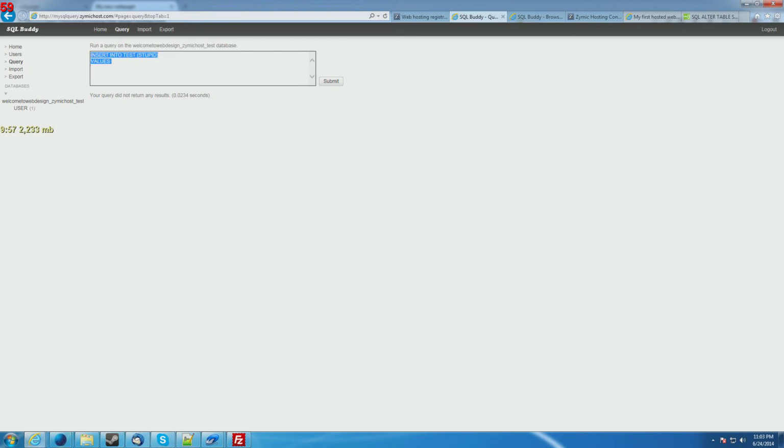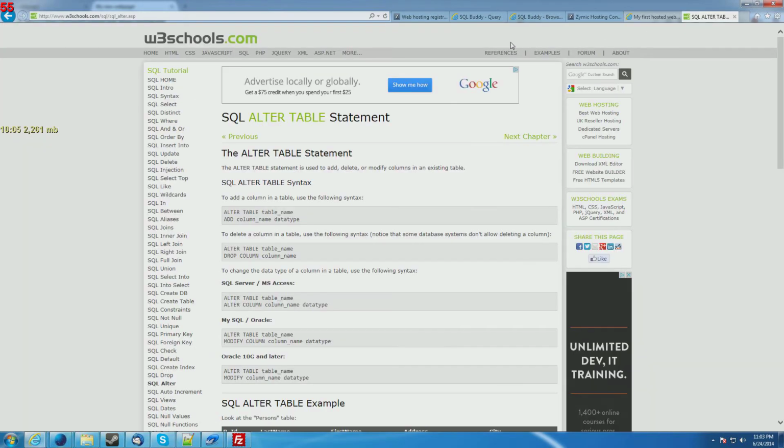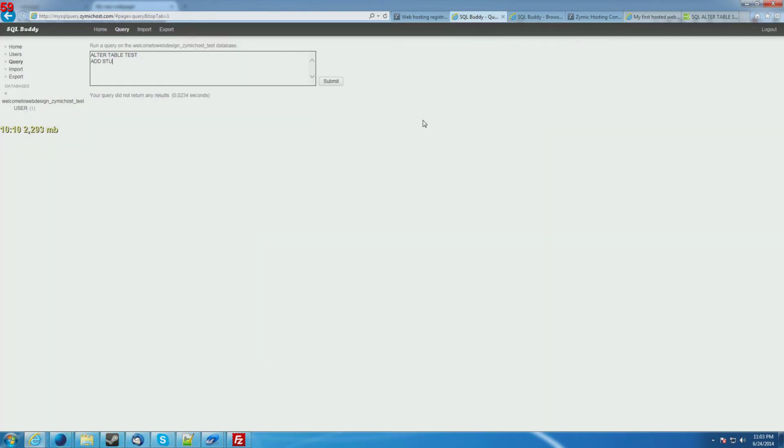Let's run a quick query. Alter table test, add stupid2 varchar 255. Done. Okay, there we go. Now I have a column to add stuff to. Now we have two columns, and we're gonna do insert into, which is how you